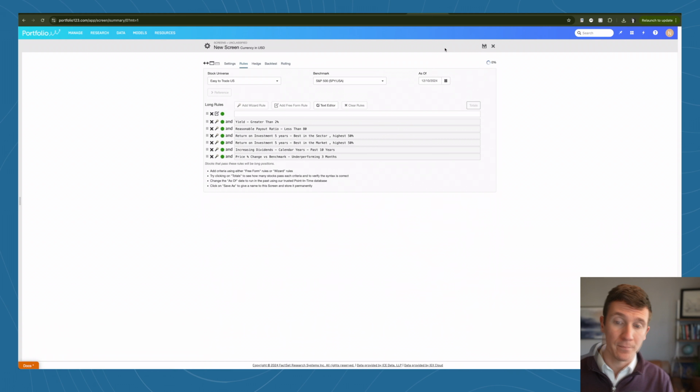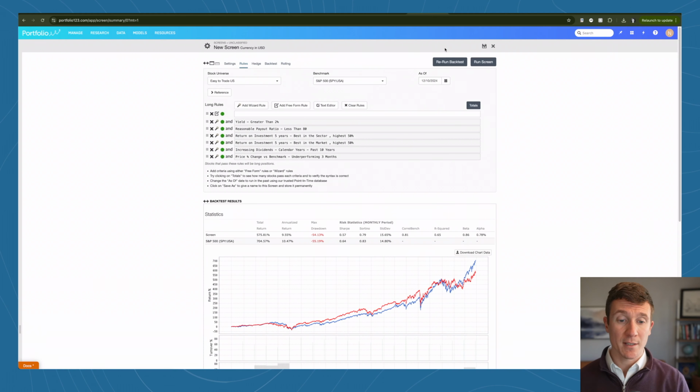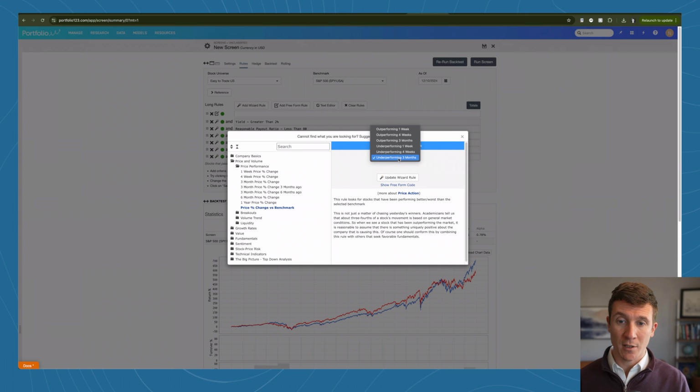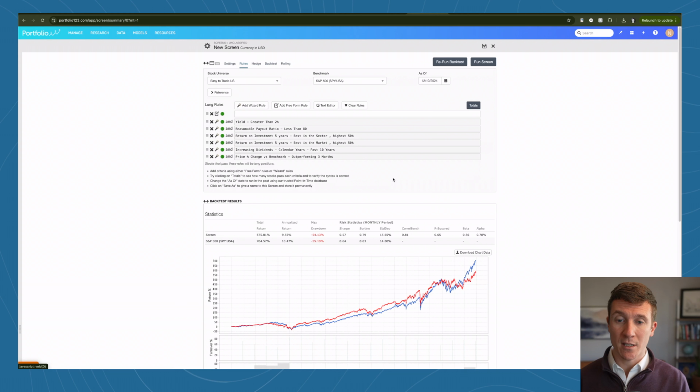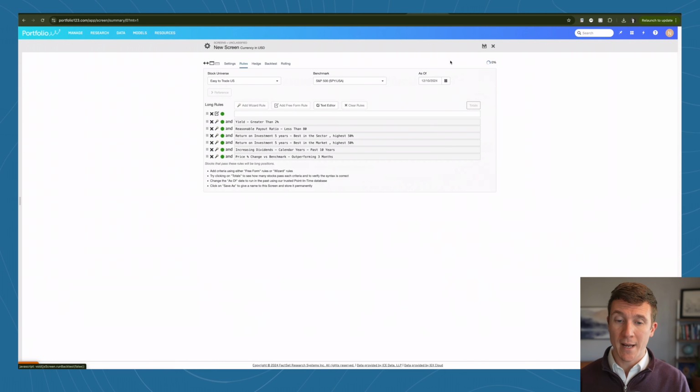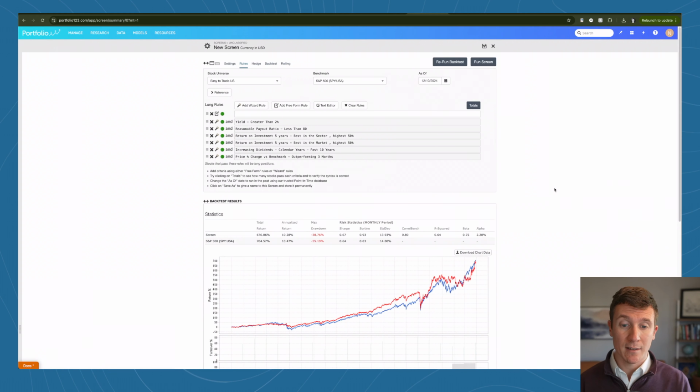And all the prior will be saved, and we can see how this compares. And you can see this actually made it worse. So let's say we want to switch that. Maybe we want to see what's been underperforming the last 3 months. So we click on Wizard Rule here, and instead of doing outperforming, we're going to do underperforming for 3 months. So change that, and then hit Update Wizard Rule, rerun the backtest, and now we can see that that improved